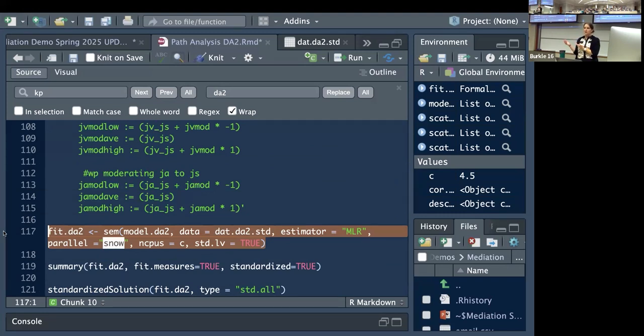How did we estimate? What did we use as an estimator? Robust maximum likelihood. That should be in your write-up, right? Model 1 looked like this. We then estimated parameters using robust maximum likelihood. Then what's the first thing we usually report? Model fit. Can we report model fit here? We can report the R squared, but we have to say, because our model was just identified, the indices were not available. However, the model explained 29% of the variance in job satisfaction.